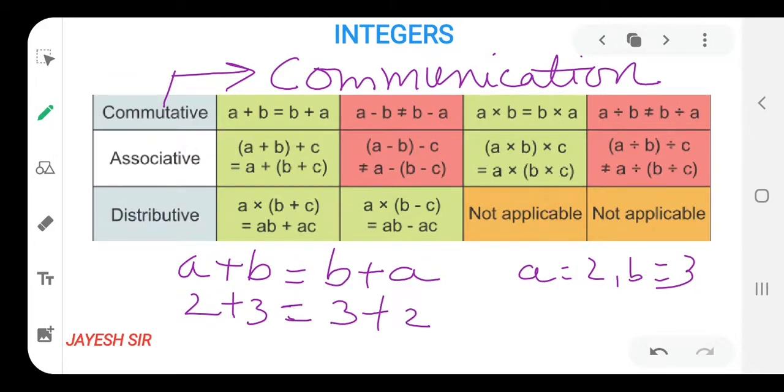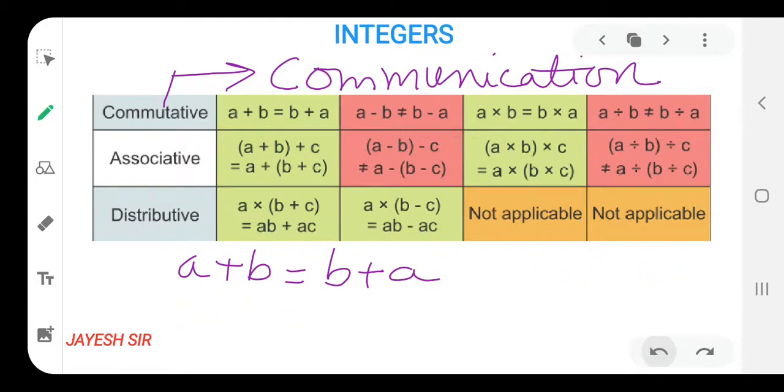But if you are still not clear, let's solve it further. 5 is equal to 5. This means the commutative property tells us either you can speak in this communication or your friend can speak. I hope you all are getting it. One thing we need to remember is that the commutative property is applicable only in addition and multiplication, not in division and subtraction. We'll see that also. First, let's do it for subtraction.